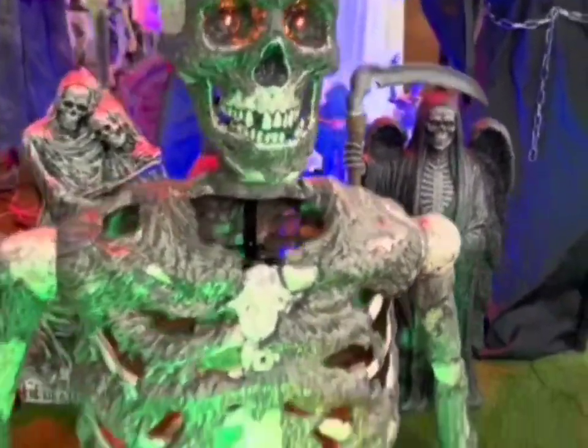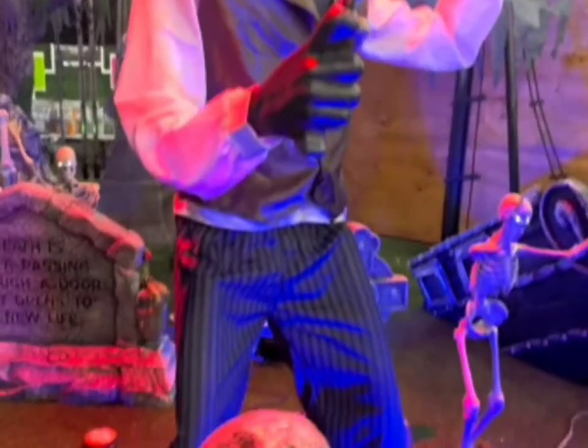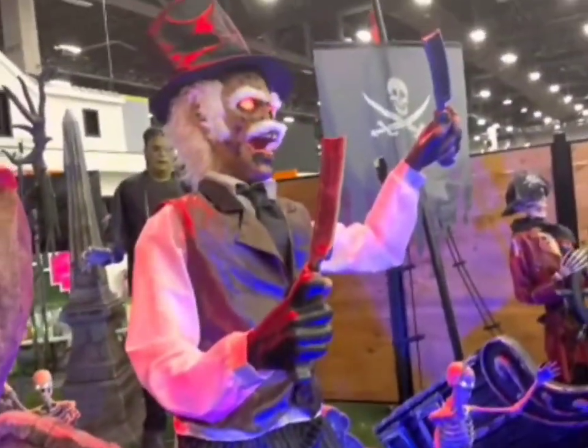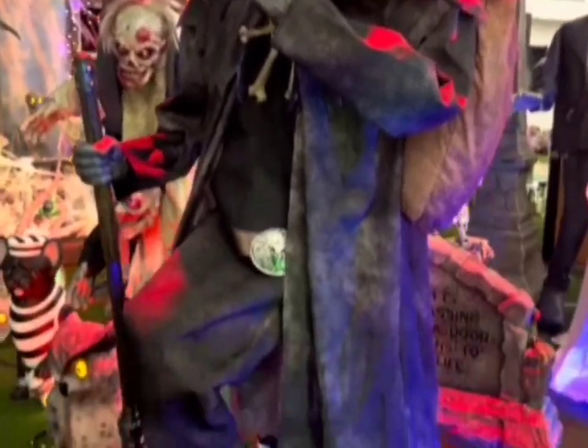Notice some very cool new tombstones in the background that are very neat. The barber's also set up out here just as props were last year, and he looks better in bright lighting, I must say. Now there's this grave robber that looks a lot different, a different face and a different look